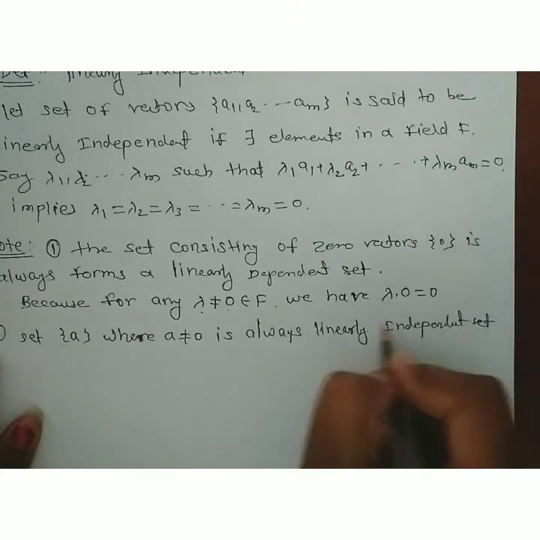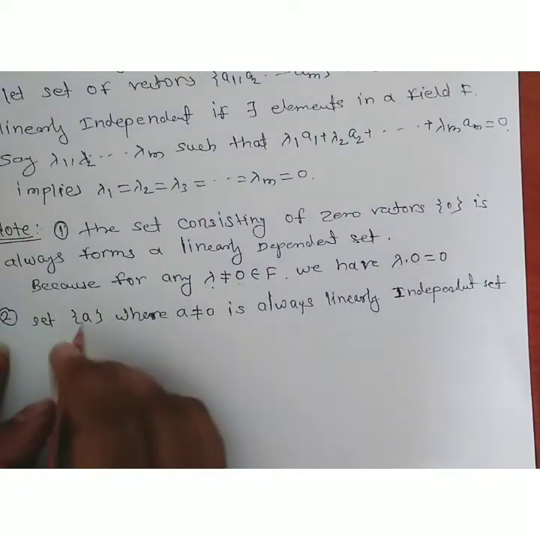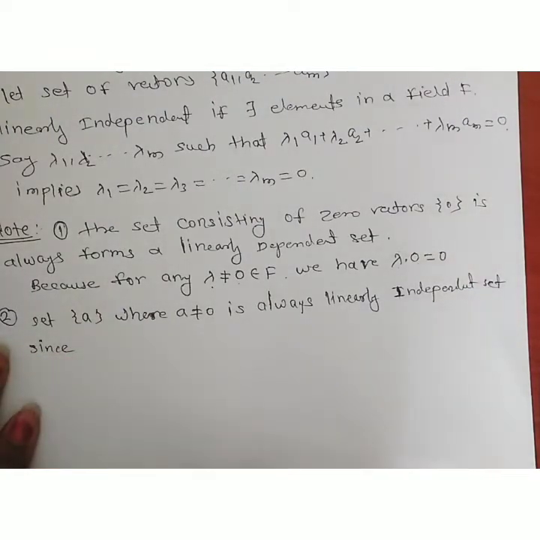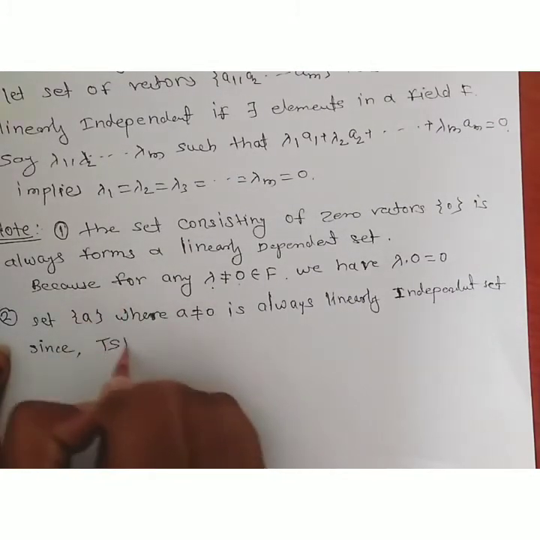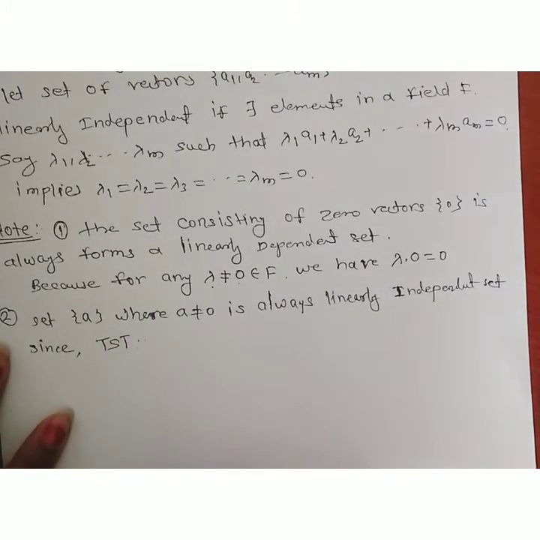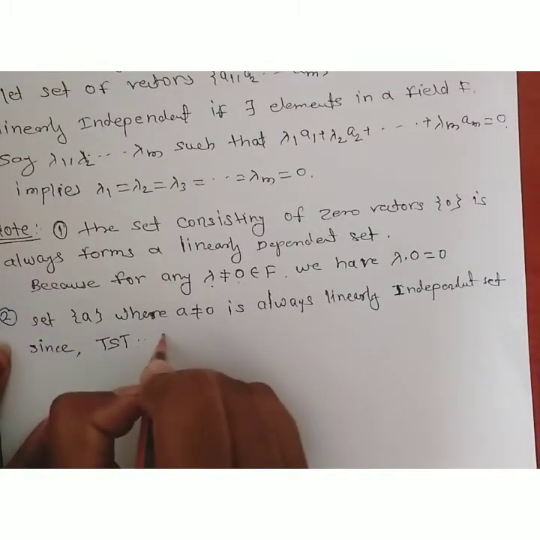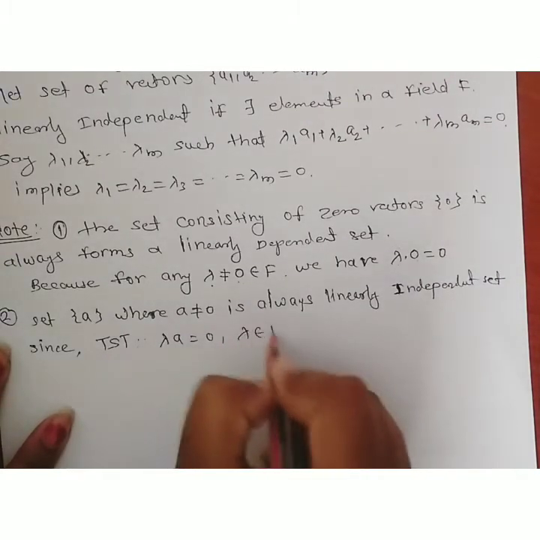Why is this a linearly independent set? We have to show that this is a linearly independent set. That is, we have to show that if lambda into A is equal to 0 for any scalar lambda belonging to field F,